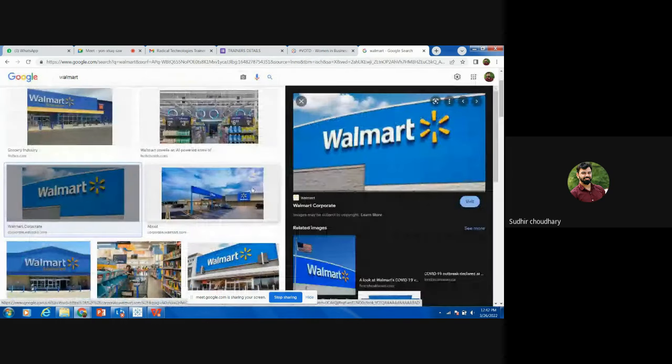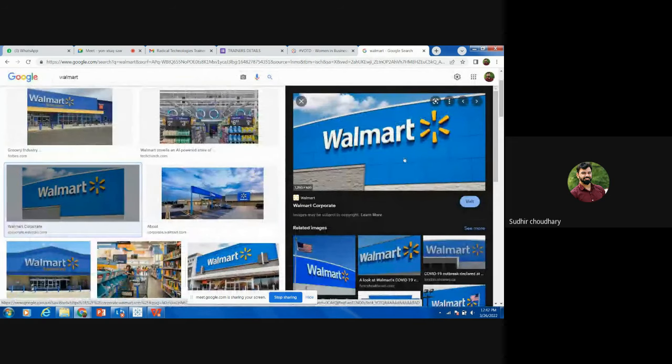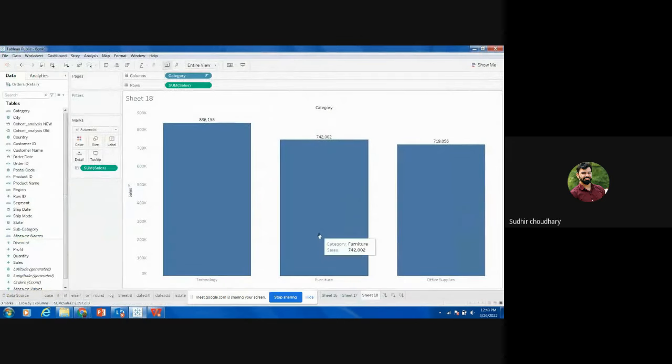Clear? Now you can see the color of Walmart and it is fixed across the world, right? For every ad, every banner, whatever is related to Walmart, it would have this unique color. Am I right or wrong? Yes. So we can use this color for our project also. If this color is not matching with the Walmart color, we have to match it. For example, how to do it?